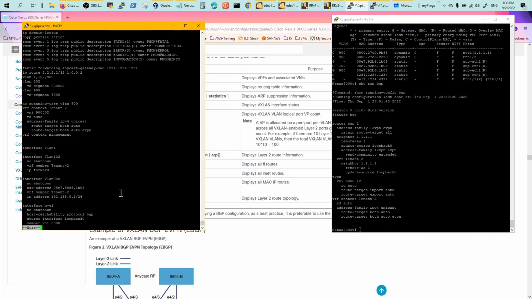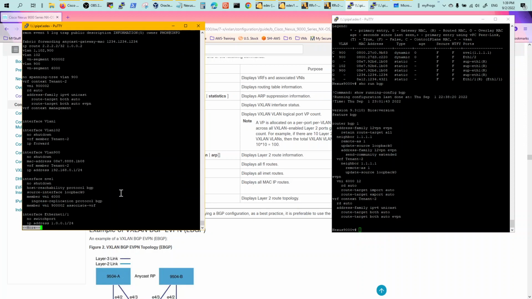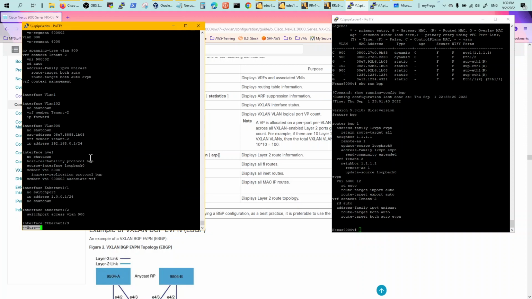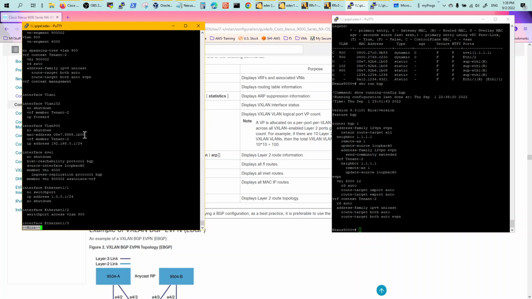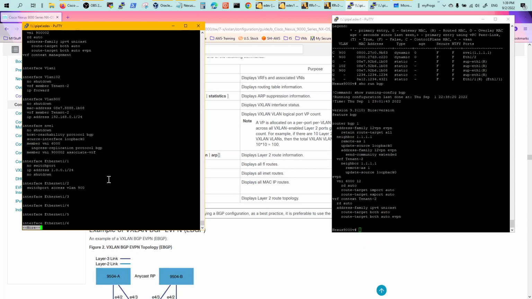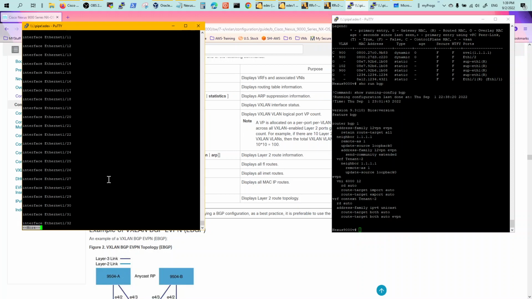Every vendor has their own, but here's your Anycast VLAN 900. Don't forget to assign the MAC addresses, because otherwise your virtual 9000 will not work. So just make sure that you do that. And you also need to assign another MAC address somewhere, because that way